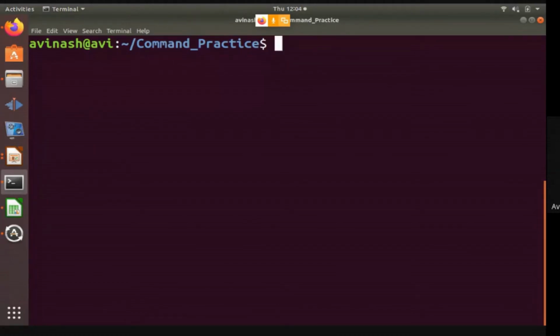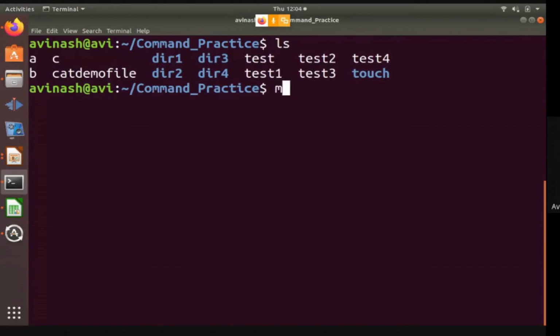Now one more command, let us use the mv command. The use of the mv command is to rename a file, or to move files from one location to another location.